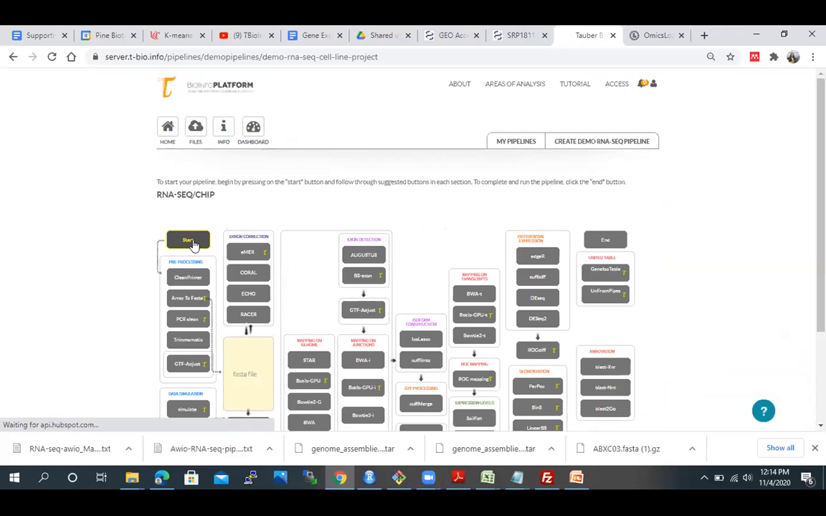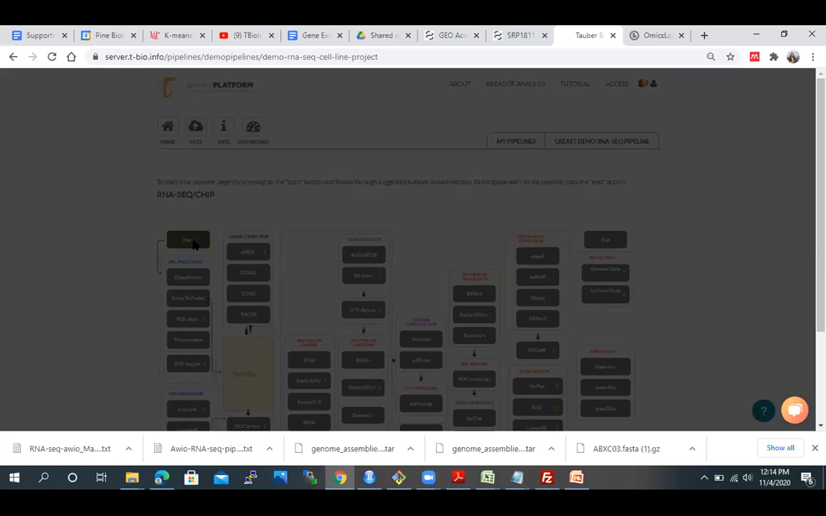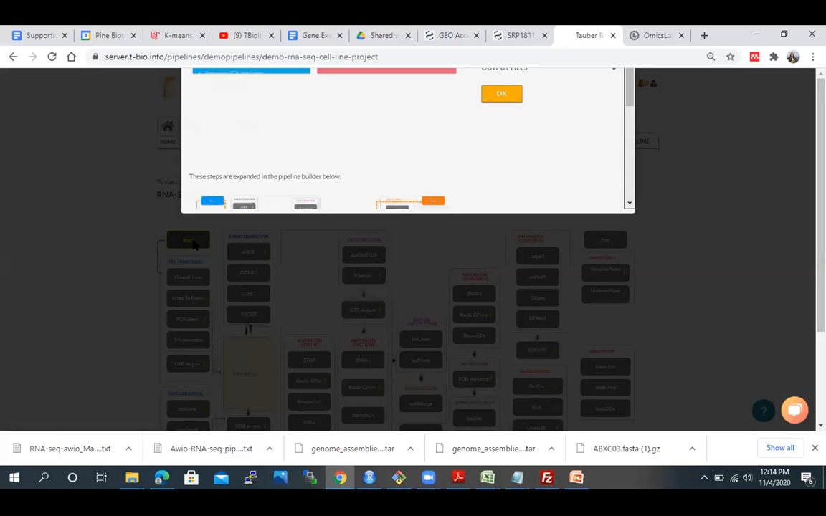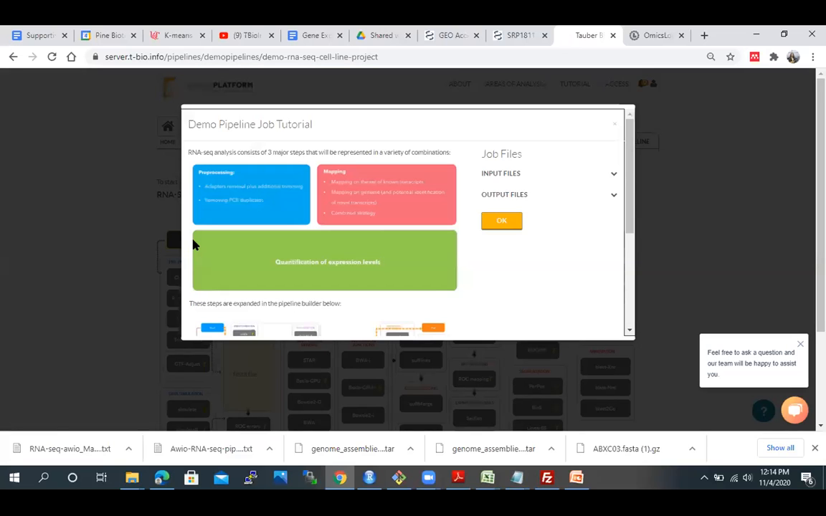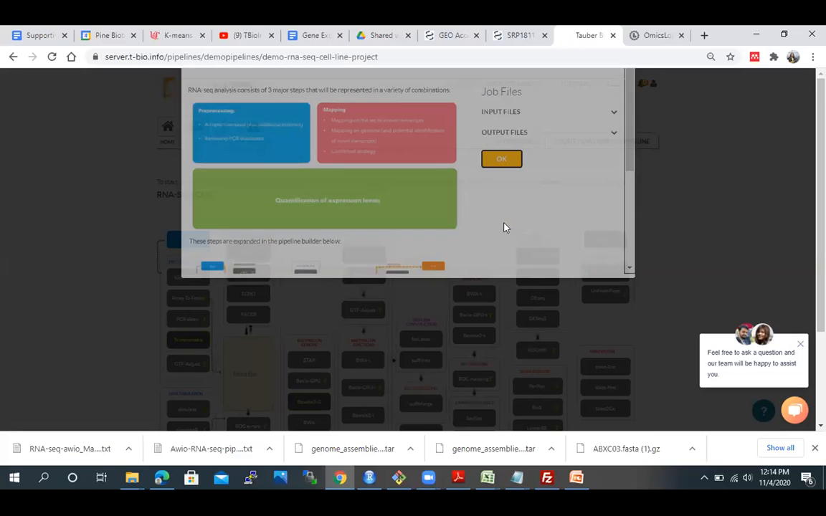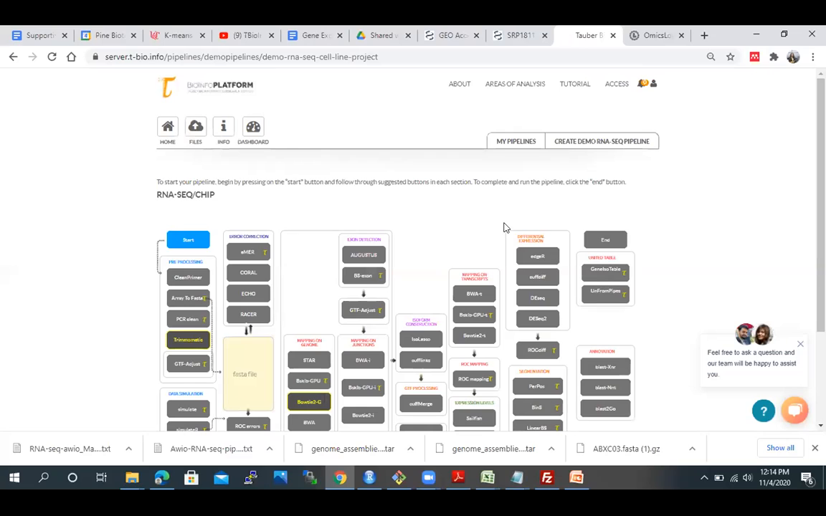Once I click on start, as this is a demo pipeline, we have already uploaded our raw sequencing read data. Once I click on OK, I'm able to upload my raw sequencing read files, those are the FASTQ files. Then the next option that is getting highlighted here is under pre-processing. Here we have multiple options. The first option that is getting highlighted